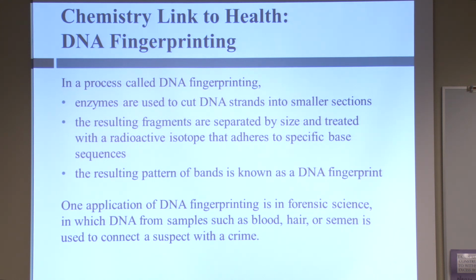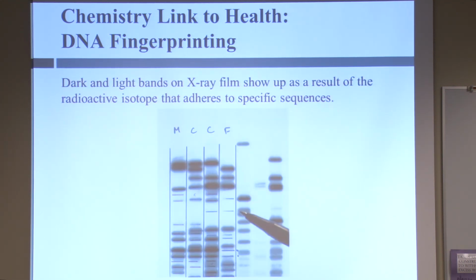One application of the fingerprint is in forensic science, in which DNA samples are collected. So all of us have a specific DNA sequence, and that specific sequence is used in DNA fingerprinting, leading to one use in forensic science. So this is how the fingerprint is set up. This is how it looks. It shows up as a result of the radioactive isotope and the specific sequence, and